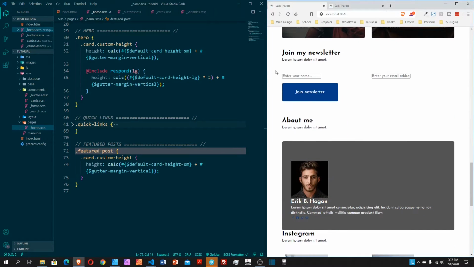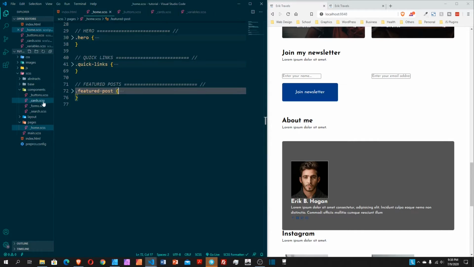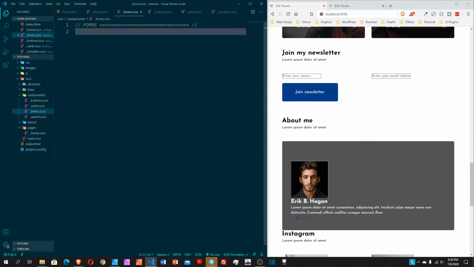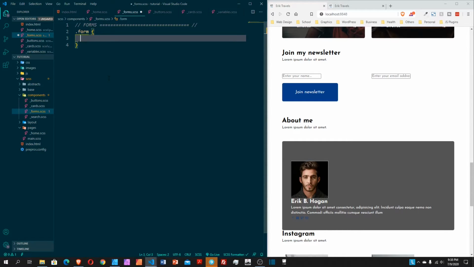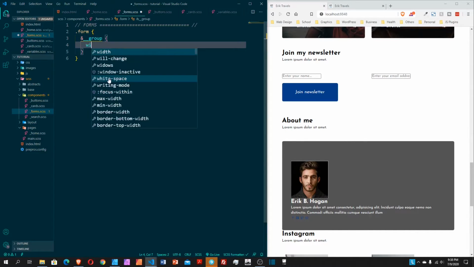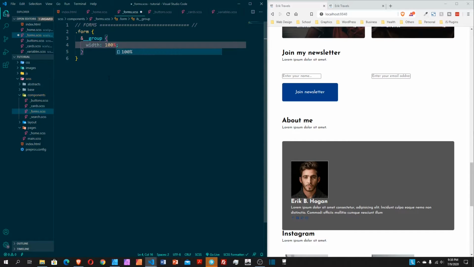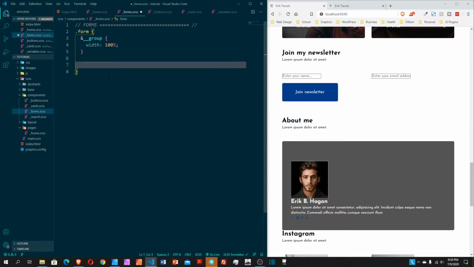Now the newsletter. The newsletter, there's not any styling. The only thing we have to style is the form input right here, this input right here. So let's do that. Go inside your component and find the form SCSS right here. First we grab the form class and set the form group to be width 100%. And outside of that, set the form inputs,